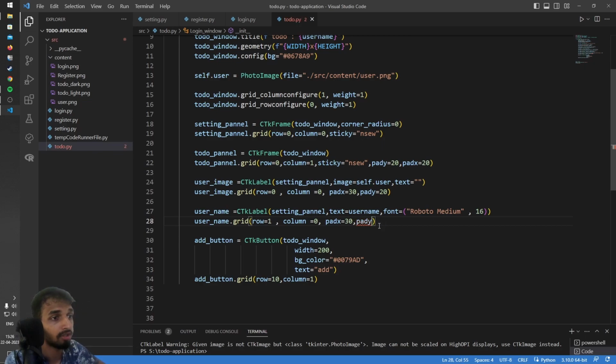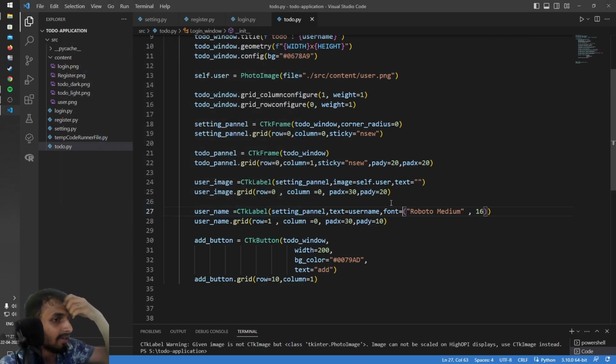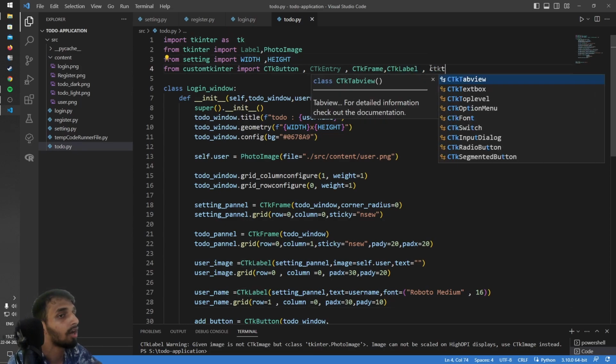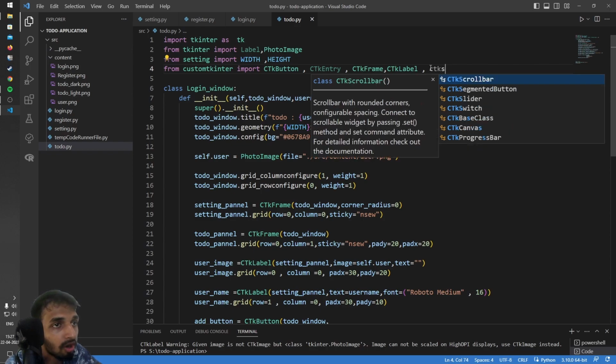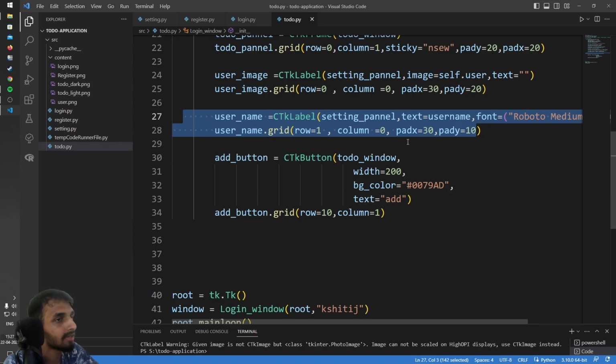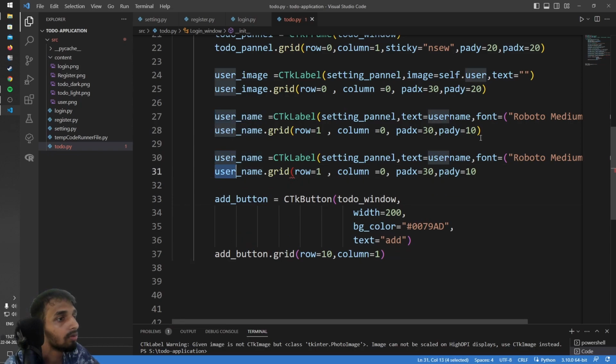My padding is quite a lot there. It should be 10, not 20, because 10 is like a lot. Now what I'll be doing here is adding a CTK toggle, what I call a switch. I'll be copying this entire section again, and I'll be changing it